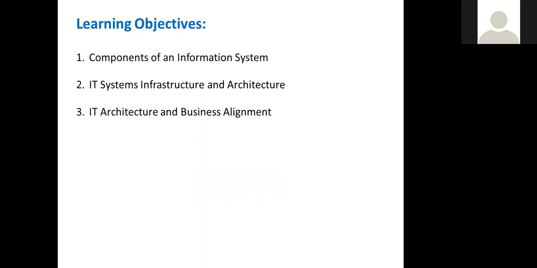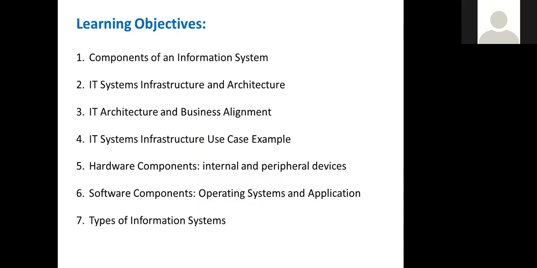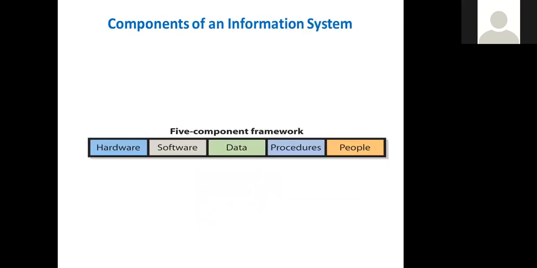And it is important to align this infrastructure and architecture to business, because at the end of the day, information systems is there to assist your business. We will look at a use case example, a real live case example. We will look at the hardware components of an information system, software components, types of information systems, and so forth. So this slide